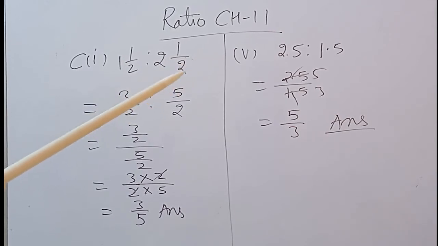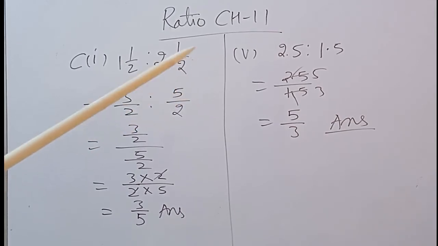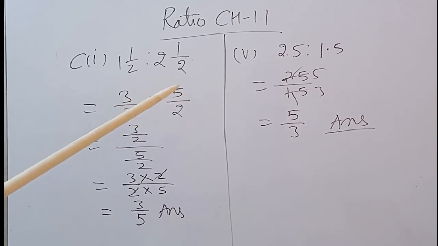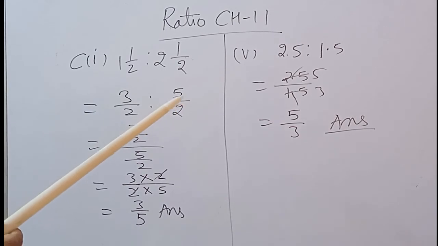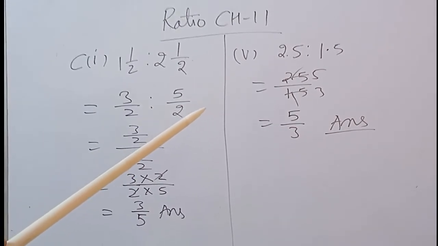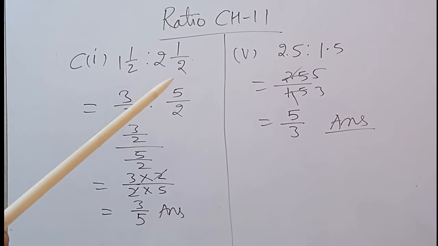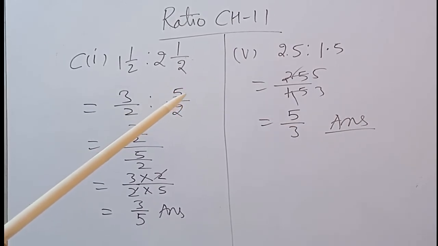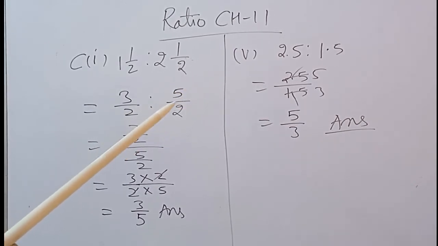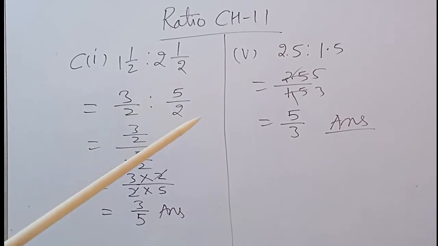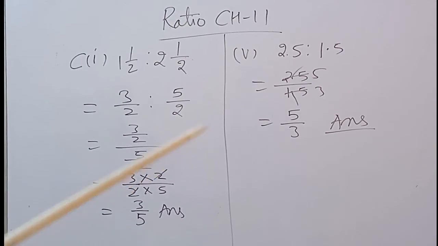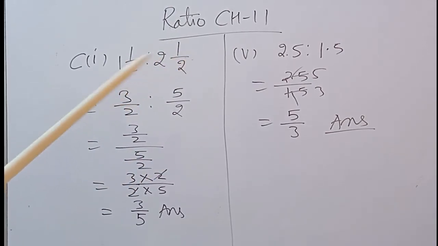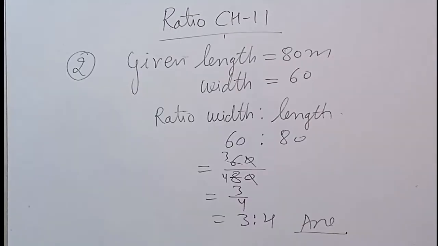Now write in the ratio form, 2.5 upon 1.5. Decimal to decimal cancel, and we get the ratio 25 upon 15. The common number of both is 5. So dividing both 25 and 15 by 5, we get that 5 fives are 25 and 5 threes are 15. So we get 5 upon 3. So 5 upon 3 is the simplest form of the ratio 2.5 to 1.5. In that manner you can do the other sum of the C part.